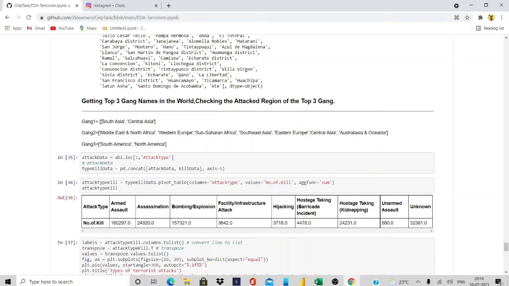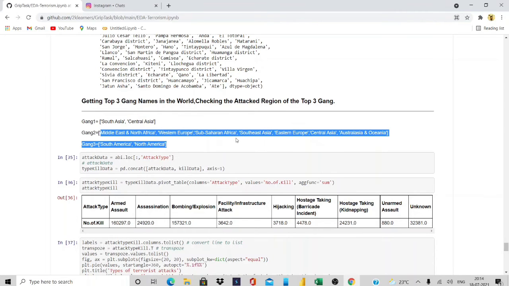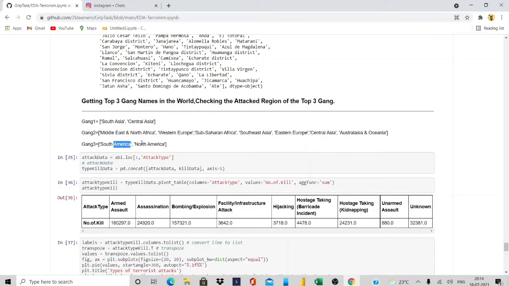Gang 1 has attacked the South Asia and Central Asia part, and Gang 2 has attacked the Middle East, North Africa, Western Europe, Sub-Saharan Africa, Southeast Asia, Eastern Europe, Central Asia, and many more. And Gang 3 has attacked the America part, that is South America and North America.